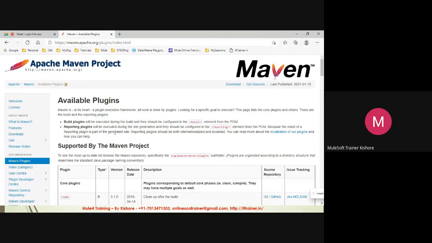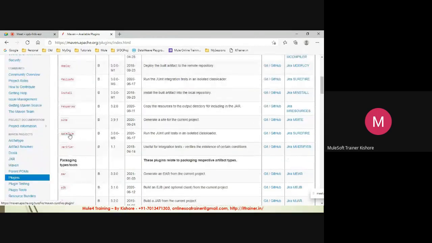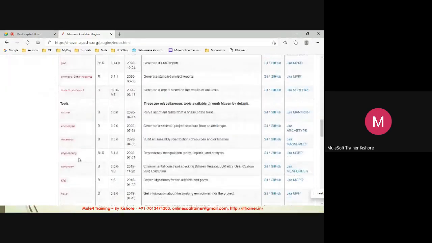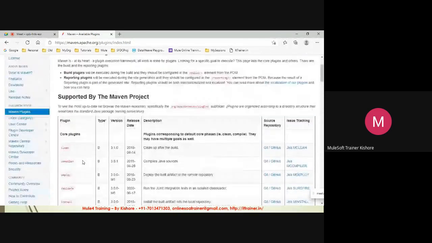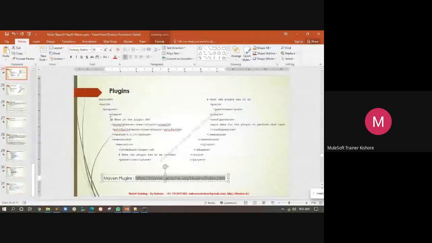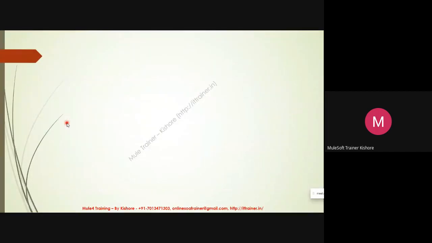These are the plugins available for Maven: clean plugin, compiler, deploy, failsafe, install, resources. At least try to understand the basic concepts of this, and whenever you need time, you can explore all these things.